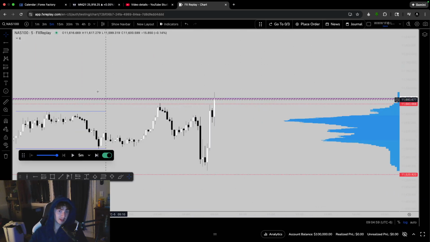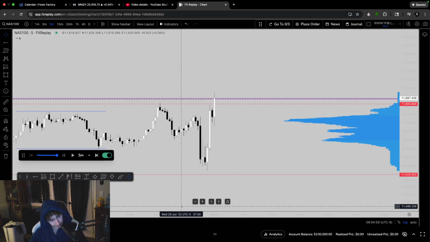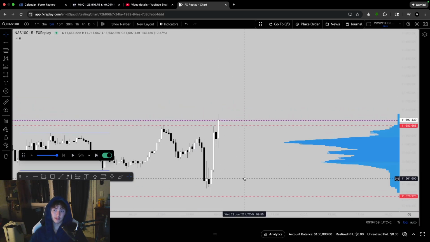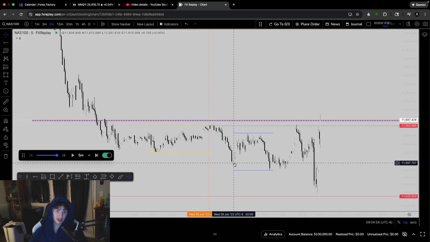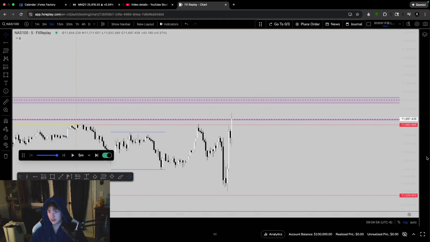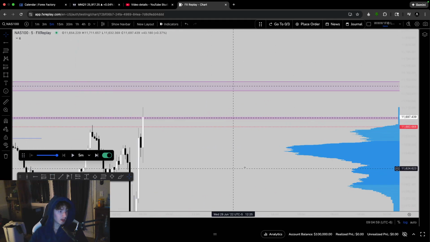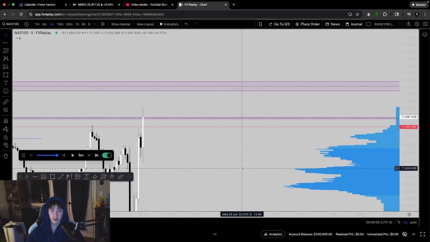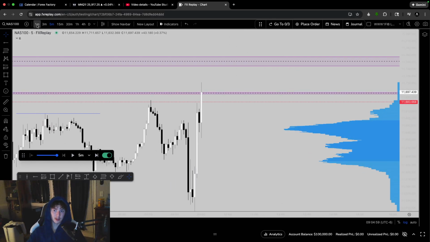We did edge this midnight, this, what's it called? 4 hour inverse fair value gap. So to be honest, I don't know if I would take this. I probably would not take this. In fact, it's probably going to want to go towards this 5 minute gap right there, if I was being honest with you. So this is probably not an ideal trade at all, but we will see if it pulls back. If you would have entered right on the equilibrium,